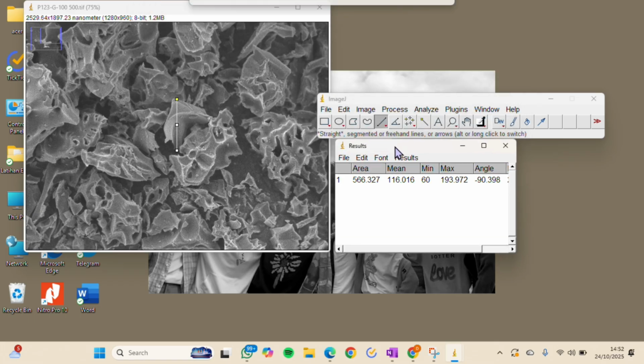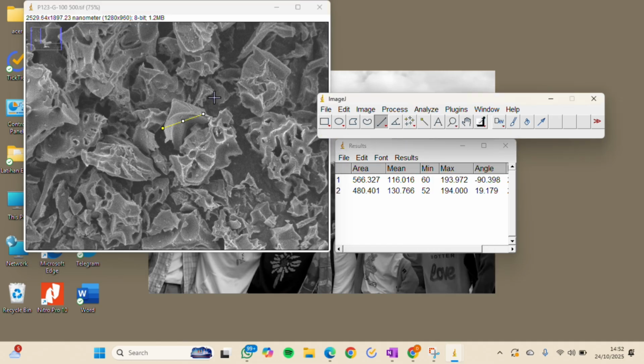Okay. Then we get the data, the result, and then repeat the measurement for other particles until you collect at least 30 or 50 data points. For your information, for a curriculum or application, you may need more than 60 data.